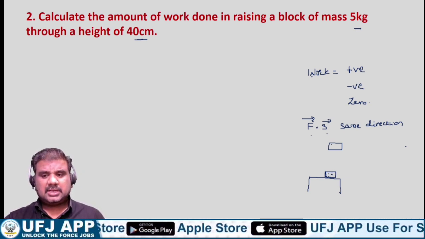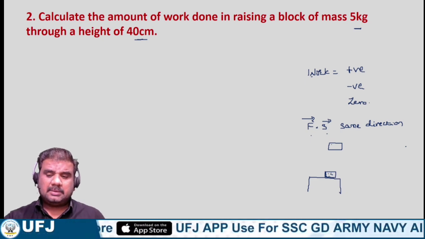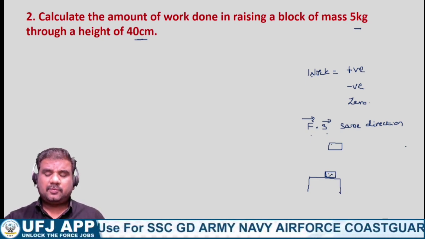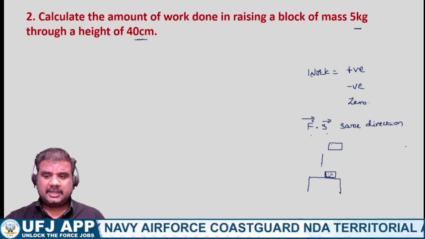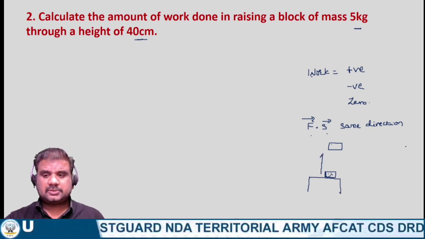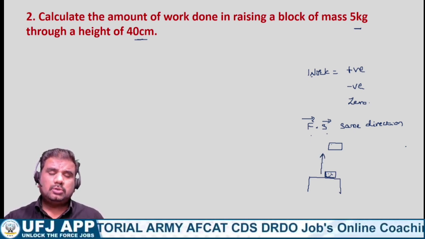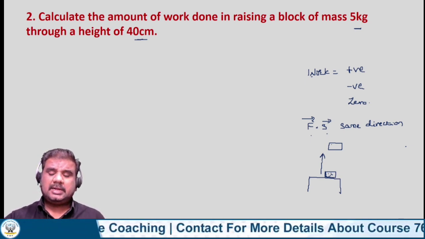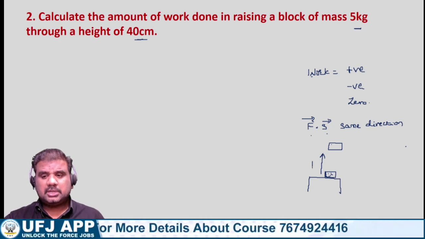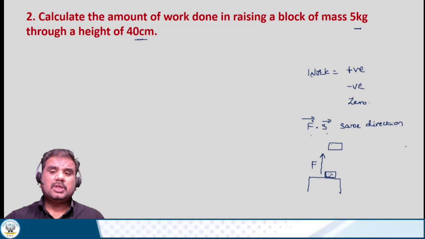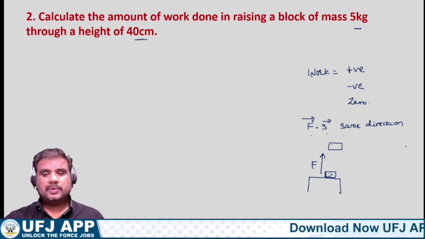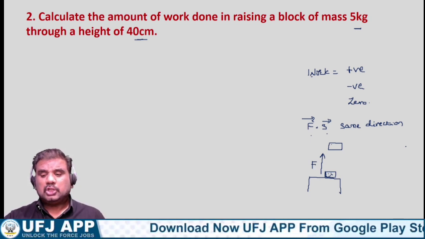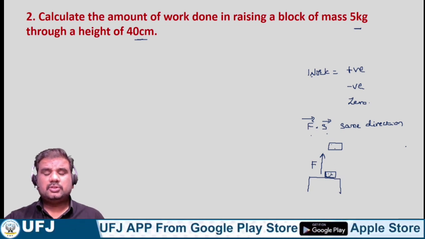ఈ ఆబ్జెక్ట్ మనం లిఫ్ట్ చేయాలి అన్నప్పుడు ఖచ్చితంగా దీని మీద బలం అనేది you need to apply the force only in the upward direction, only in the upward direction. So the moment you want to lift the object in the upward direction, force has to be applied in the upward direction. So here in this particular case, force is acting in the upward direction like this. So when you are applying some amount of force, the object is moving from this point to this point.